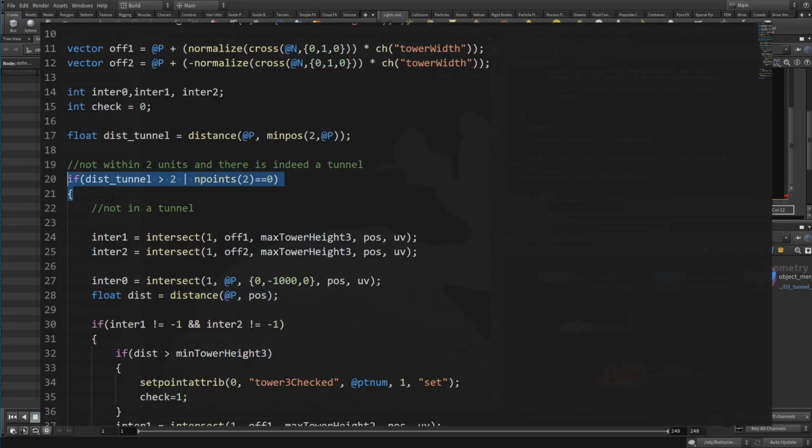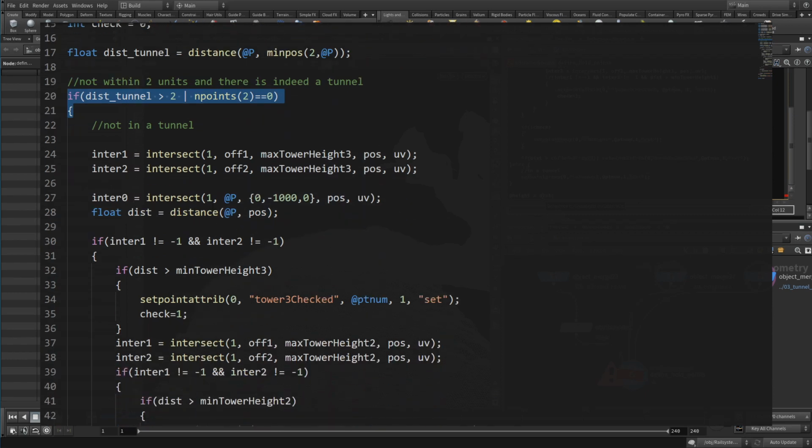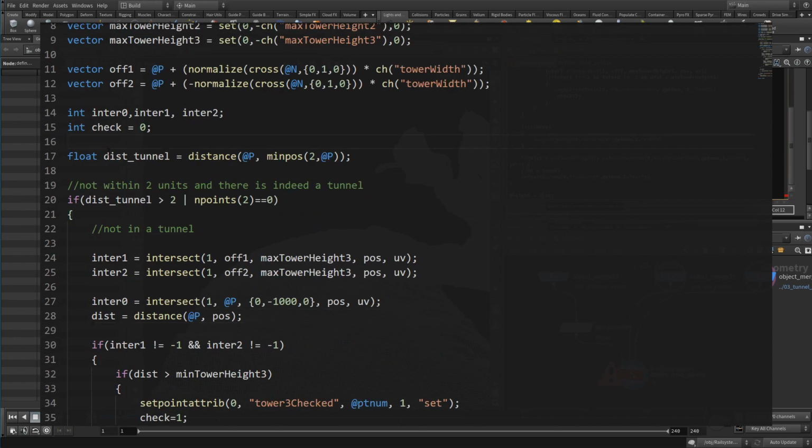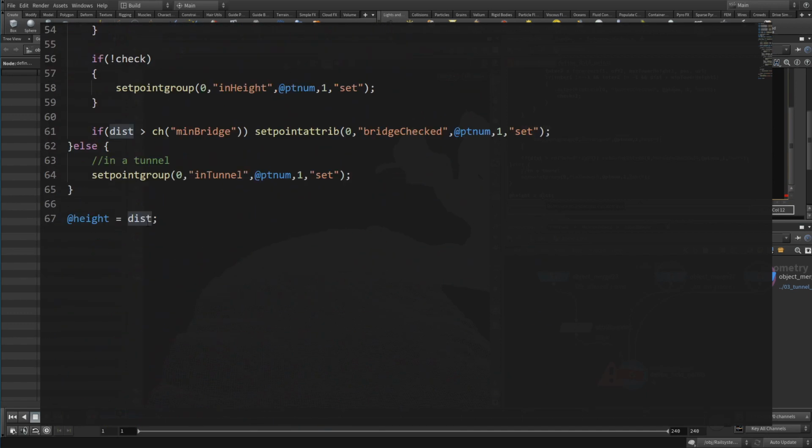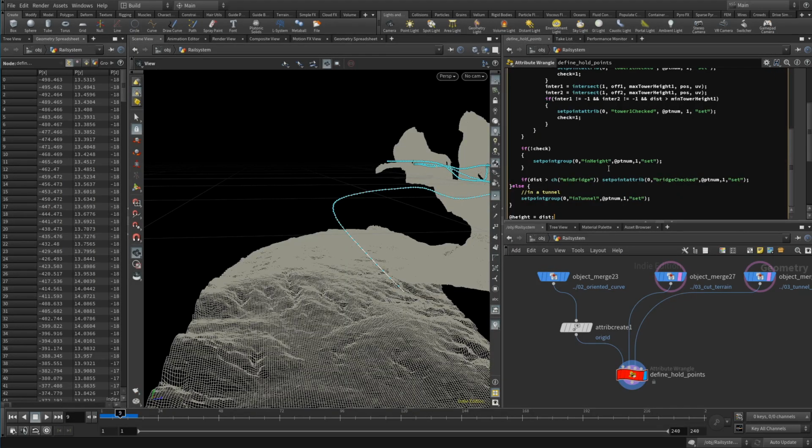The problem is that it is inside a logical block. In this case, it is this if condition. Whatever variables you define inside such a block can only be used while you are within the block. But it is really simple to solve. Just move the definition above the if block. Now the rest of the code knows what dist is used for and can access it as well. With that, the initial test for the points are done.